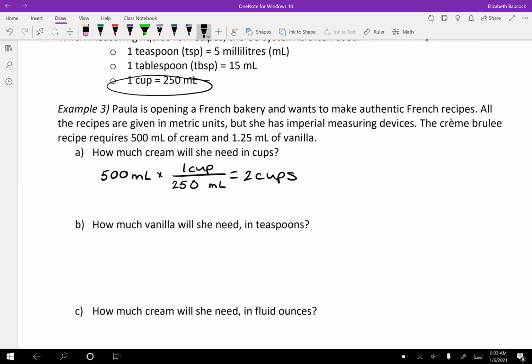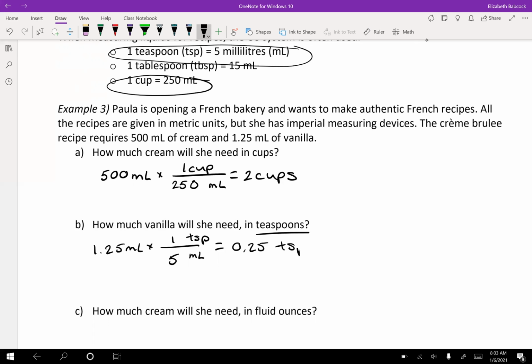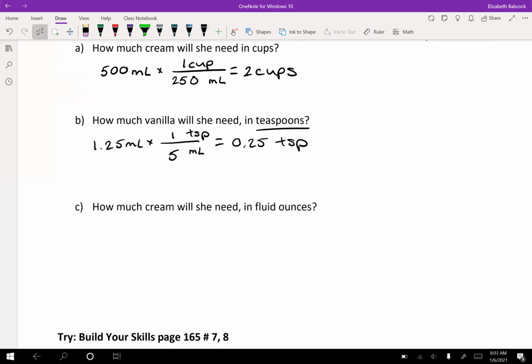How much vanilla will she need? Well, she originally had 1.25 milliliters. Note, milliliters is on the bottom and we want teaspoons. That conversion is this one here, 1 and 5. We end up with 0.25 teaspoons. And how much will she need in fluid ounces? For the sake of practicality and what you're more likely to deal with, we are going to use the US system. Okay, so we have our 0.5 liters